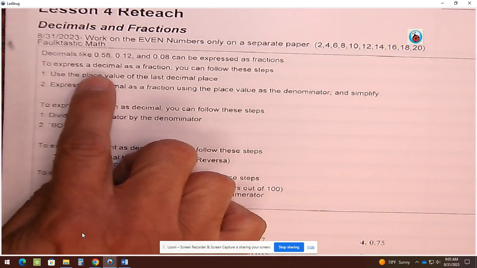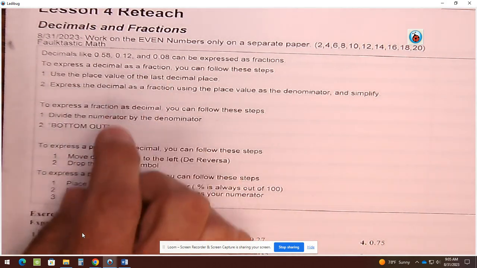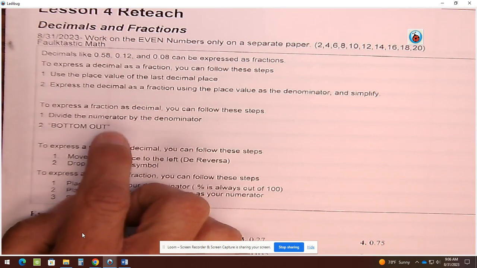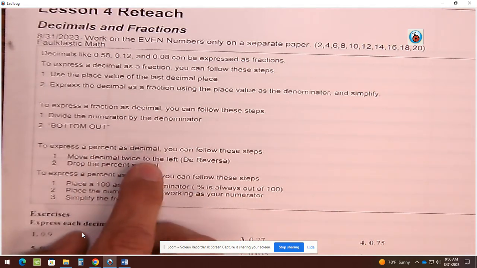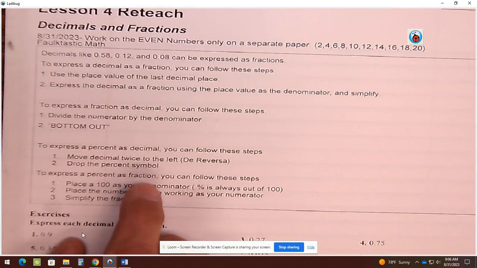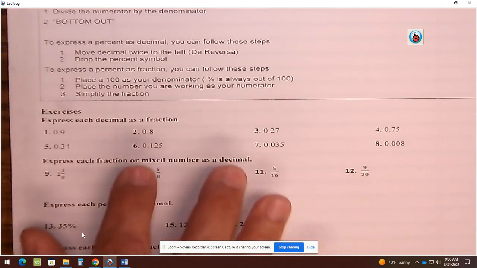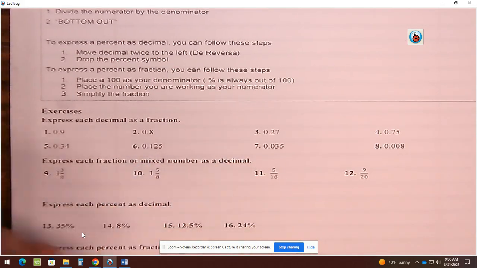There's some notes here going from decimal to fraction, what to follow. Fractions to decimal, what to follow. Percents to decimal, what do you follow? Percents to fraction, what do you follow? I'm starting with these. So you have for homework